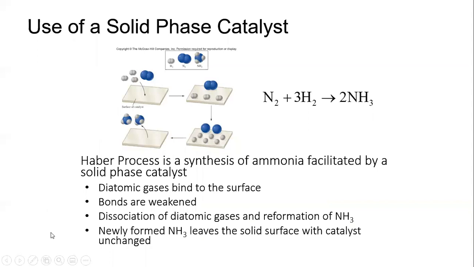One type of catalyst is a solid phase catalyst, where you have some solid material. For example, in this reaction of forming ammonia, the gaseous nitrogen and hydrogen molecules attach to the surface of the catalyst. Again, the catalyst provides a pathway to help accelerate this reaction, in this case by weakening the bonds between the two hydrogen atoms and the two nitrogen atoms, making it easier for them to react, and then ammonia is released from it. So it provides an alternate means for the reaction to occur, because if this reaction were to occur without a catalyst, it would take a very long